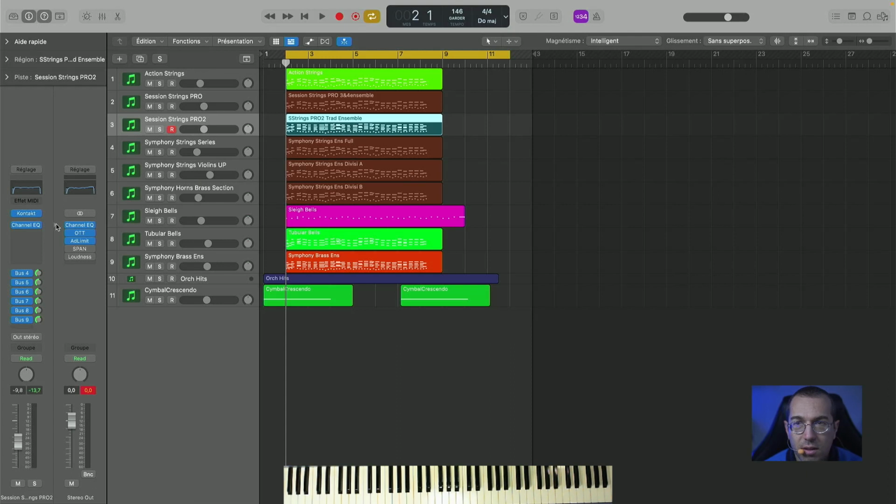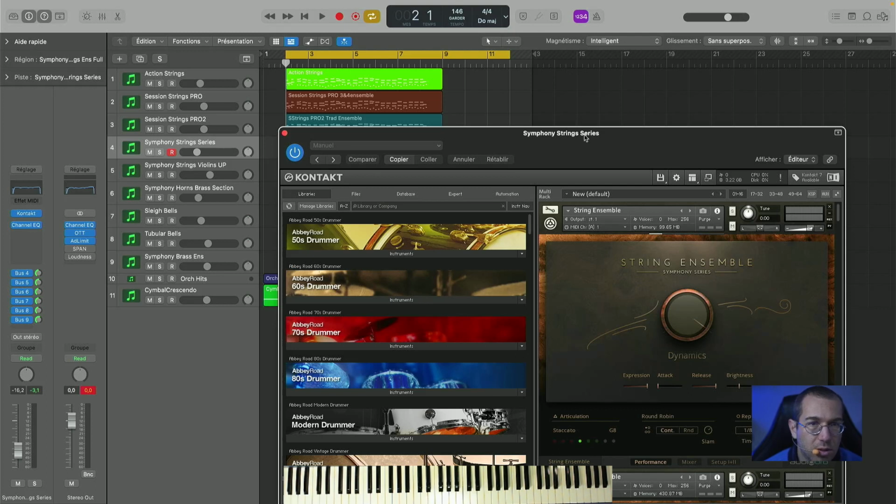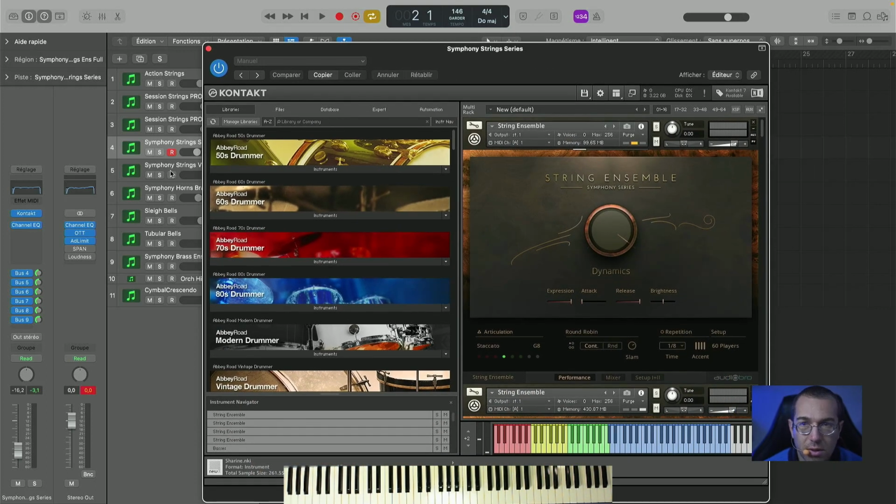It's the same thing that I have done with the Symphony Series. Now in Symphony Series, in fact, I had so many parts, if you want, that it doesn't really allow me to put them in a single Kontakt player. So I had to divide and put some in the secondary one. Here you have the secondary one. So here is the same thing. One MIDI channel 1,